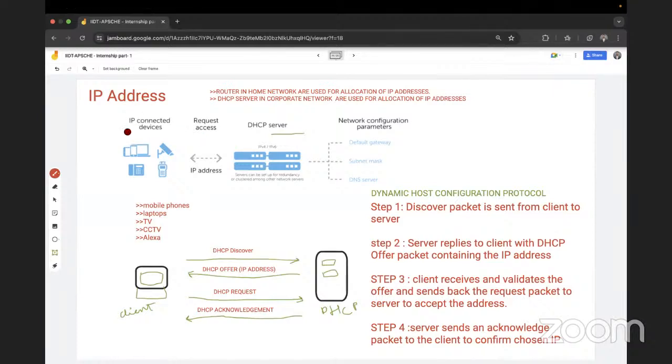First thing, CCTVs, tabs, laptops, mobile phones, each and every device which is connected over the internet basically needs an IP address. Now, whenever a new device is getting connected to the internet, that time this particular device is going to connect to the,